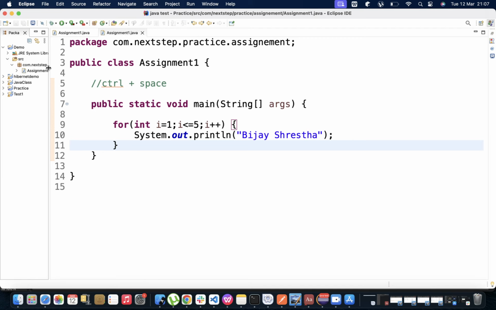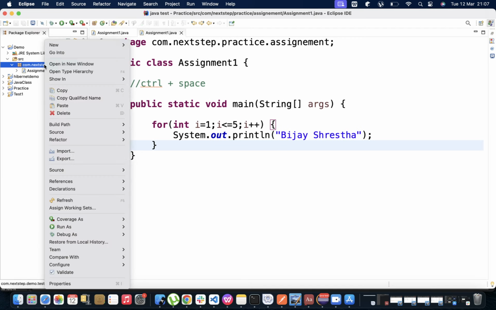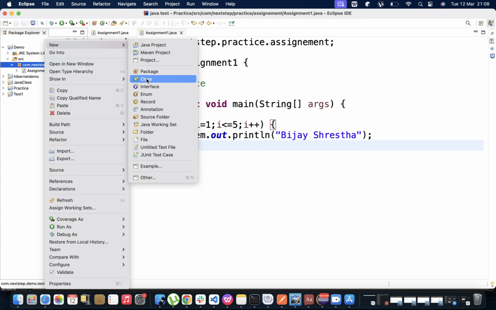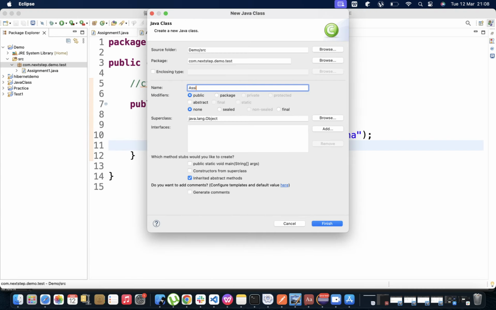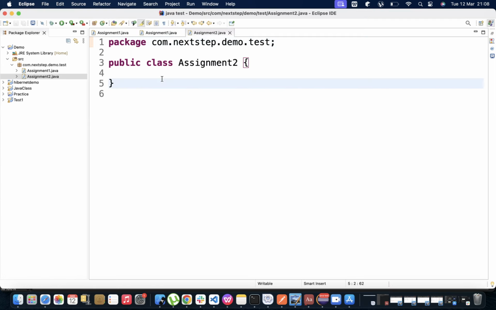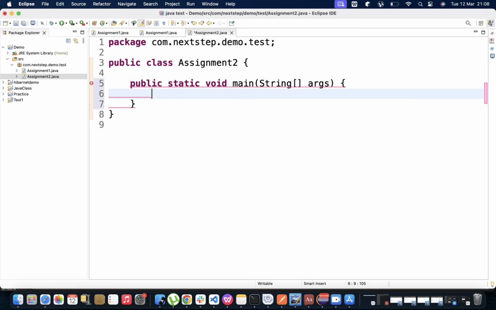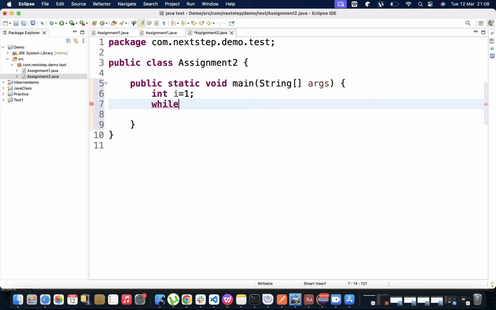I'll create here one class, new class। यहाँ चाहिँ एउटा असाइनमेन्ट, Assignment 2। सो यदि हामीलाई मेन मेथड चाहिन्छ भने हामी के लेख्छौँ, main कन्ट्रोल स्पेस। ओके सो फर्स्ट अफ अल म एउटा वाइल लुपको इक्जाम्पल गर्छु। सो जुन अघि हामीले गरेको थियौँ, सो int i equals to 1। सो म यहाँ कन्डिसन लगाउँछु, while i